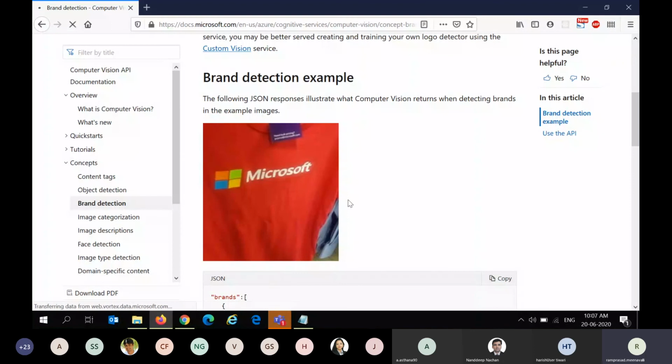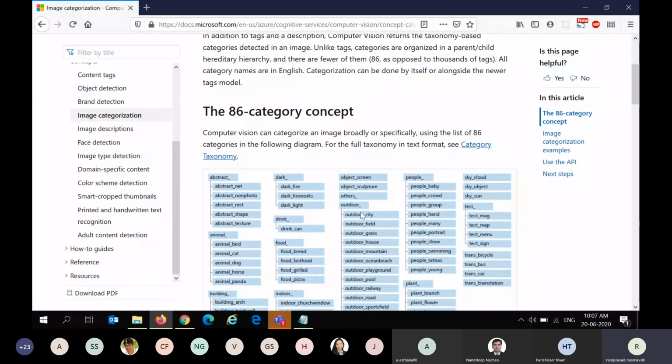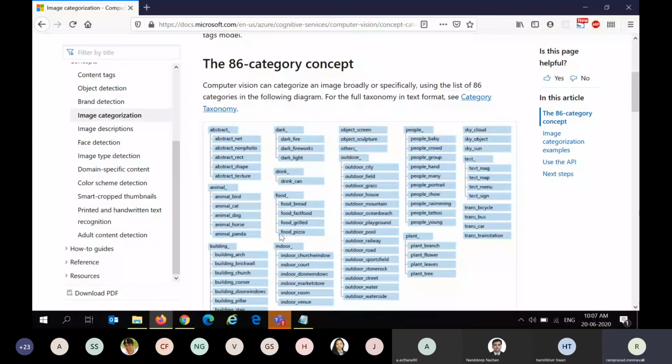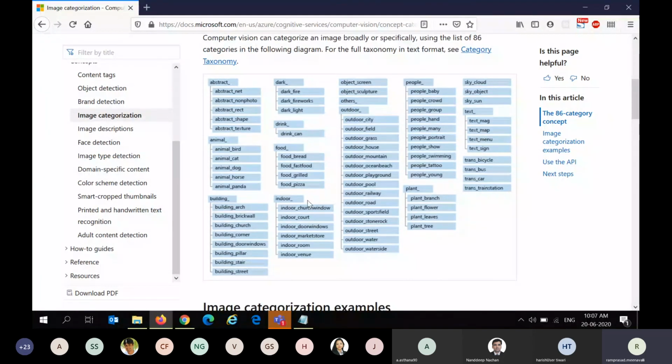Then we have image categorization. Categorization is basically where it will try to identify the image to be in one of these categories. Right now we have 86 categories defined within the computer vision model, and it will try to identify in which category the image fits.